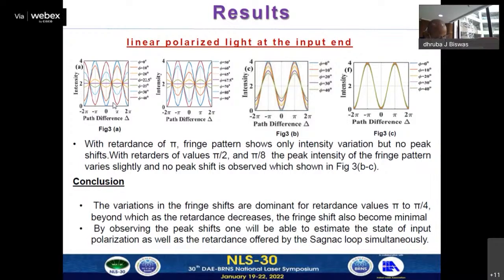My point here is that you are giving a known amount of retardance, right? Yes, sir. With the known retardance only, we had checked the entire part, sir. So if it is arbitrary, then how can you decide the amount of retardance? Still, sir, experiments have to be conducted. This is basically theoretical analysis only, sir. Actually, with experiment we came to know, sir, that with arbitrary retardance, by doing the calibration, we will come to know, sir. Okay. Yes. Fine.